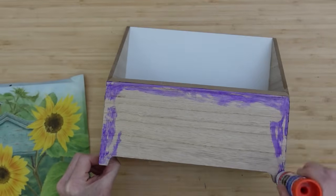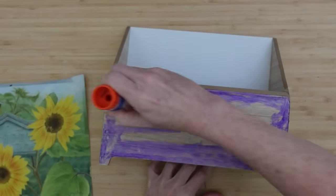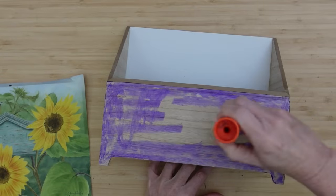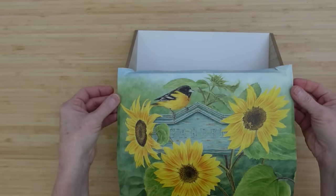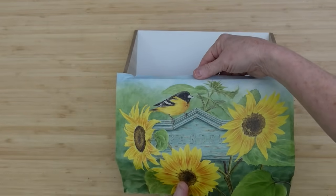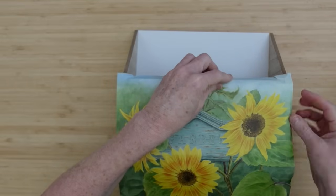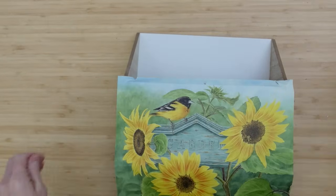You can, well, I know I can. I don't know if every Goodwill store does it, but at our Goodwill bins, they often have calendars that are donated. And even if they're calendars that are already written in, it doesn't matter if you want the prints out of them. And I have seen some beautiful calendar prints. I don't know what Dollar Tree is doing these days with their calendars, but I'm seeing a lot of repeats. But a thrifted calendar,